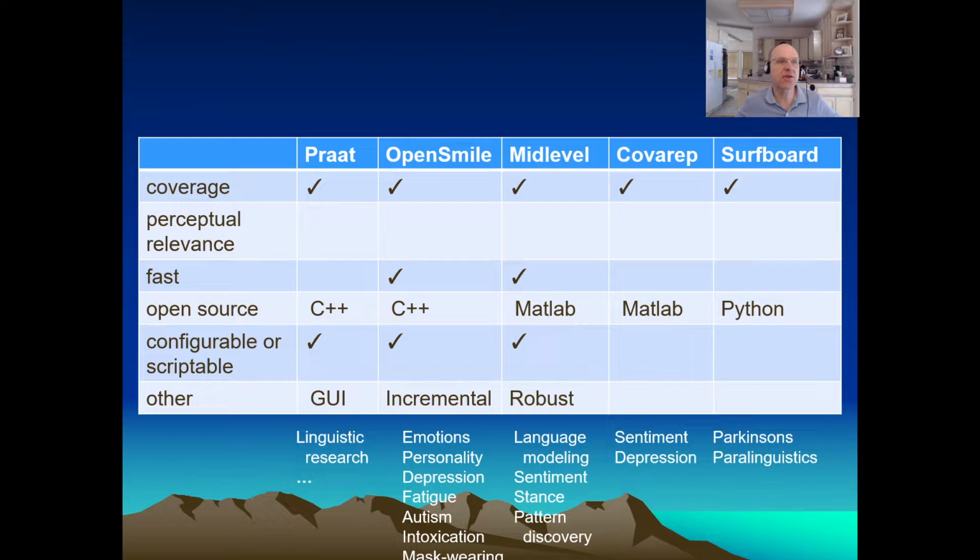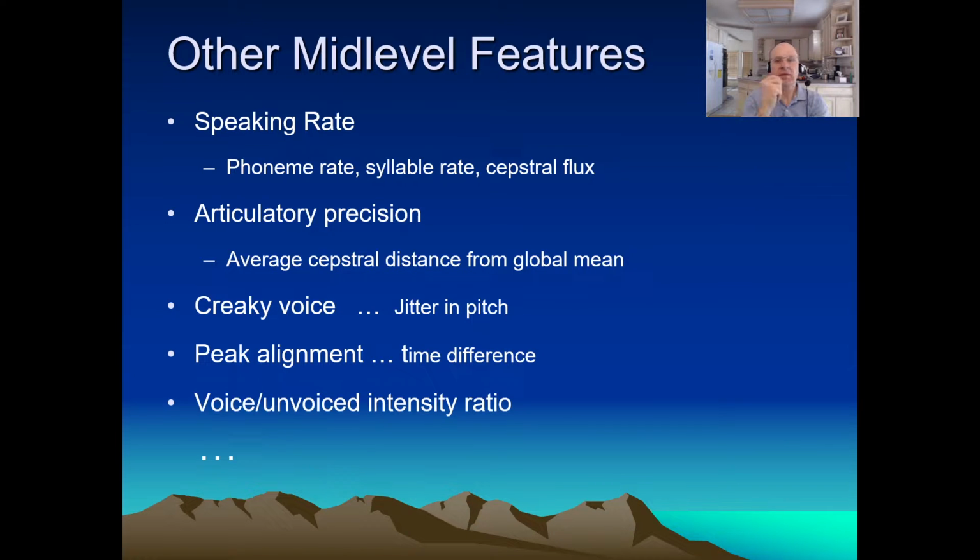All right, so I'm going to end this lecture with a few comments on some less frequently used prosodic features. They can still be important. Speaking rate is very important, very hard to compute accurately. Even if you hand label all the phonemes and count the phonemes per second, that doesn't correlate superbly well with human perceptions of speaking rate. Cepstral flux, which roughly measures how quickly the tongue and articulators are changing position as you speak, that is even less reliable, but it fortunately can be computed for unlabeled, untranscribed speech.